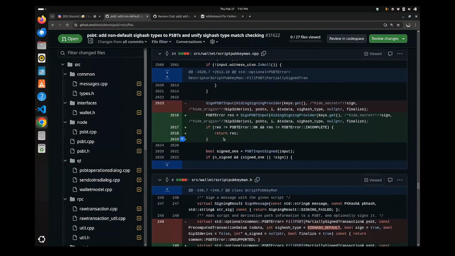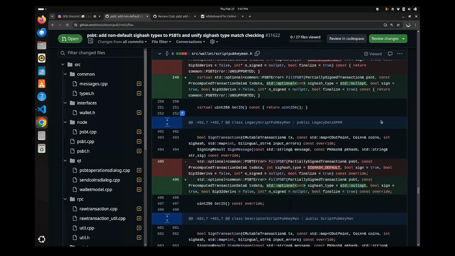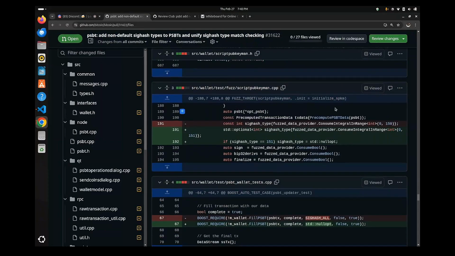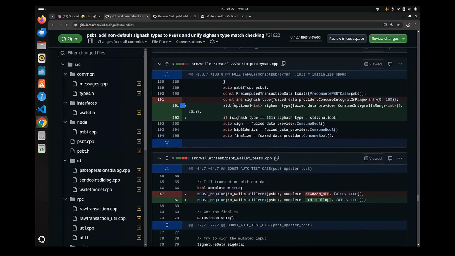And same here, if the response is not true or if it's incomplete, we are returning the response. Same little bit things optional, null operator. And here we are just